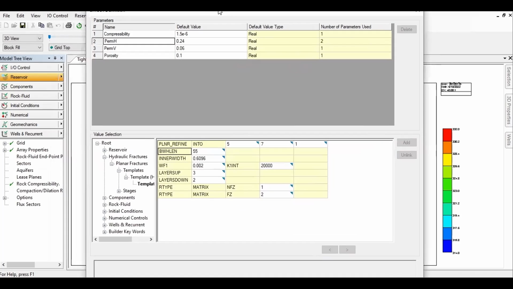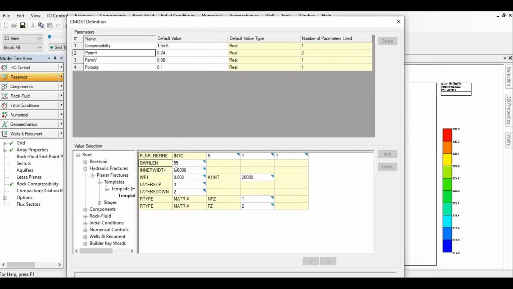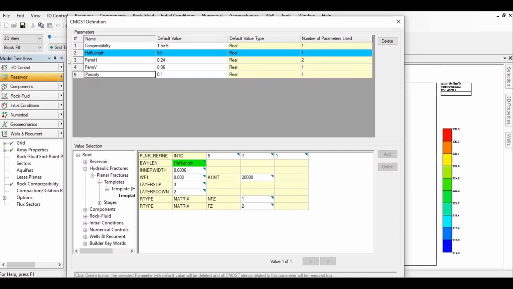And by the way, yeah, doesn't matter. So first, click on this. This is actually half length. Yeah. So I click on that, 55, click add, and I call it half length. Okay. So I want to know the importance of my half length. And the next one,